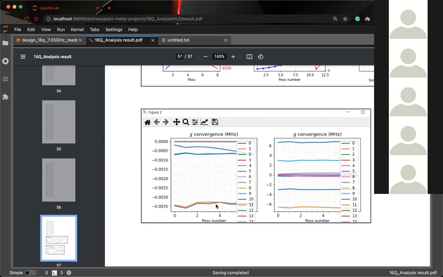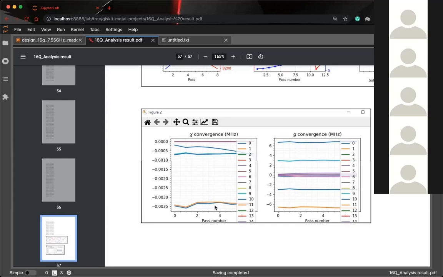Okay, and again, when it comes to a good value, we should have at least about 100 kilohertz of difference between these two 0 and 1 states. Okay, and we can see, since this is not a good design, we are only getting about 3.5 kilohertz of chi value. And that means that our simulation is not good.